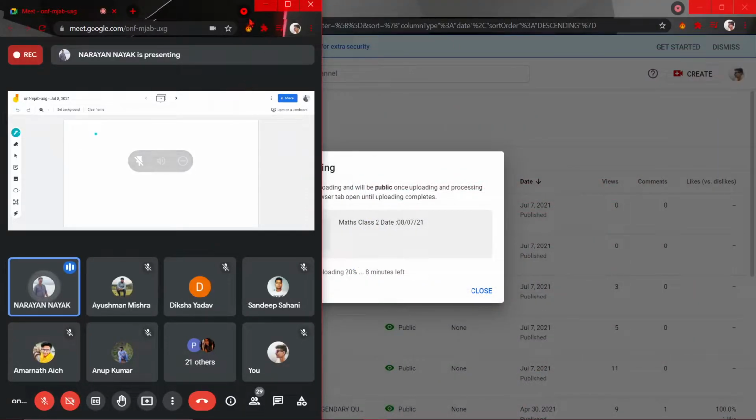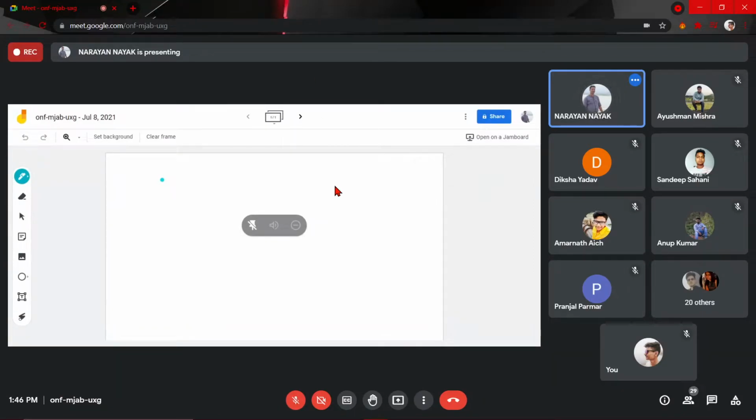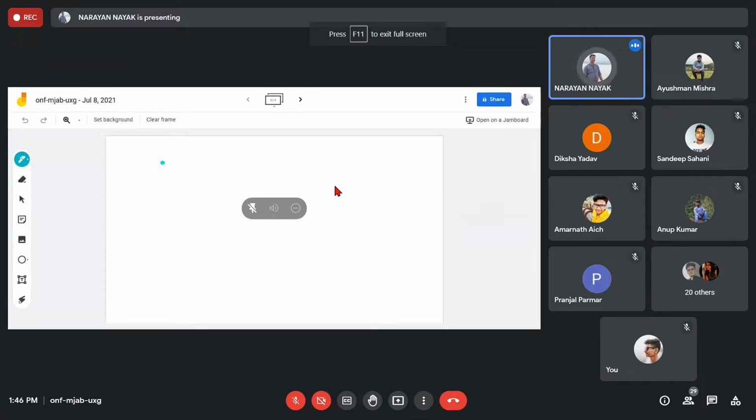There are two types of clipper: positive clipper and negative clipper. Okay, and what is the use of clipper? In the positive clipper, the positive half cycle will be removed. In the negative clipper, the negative half cycle will be removed.